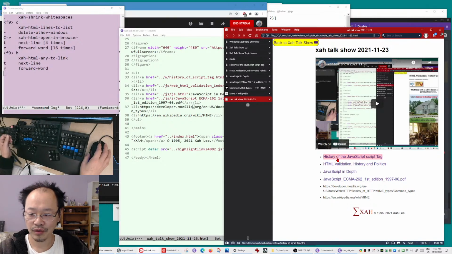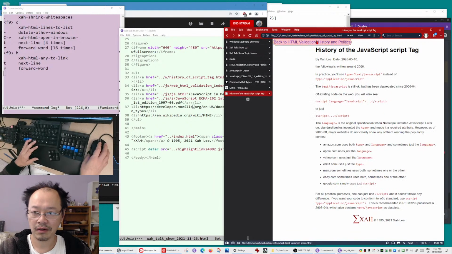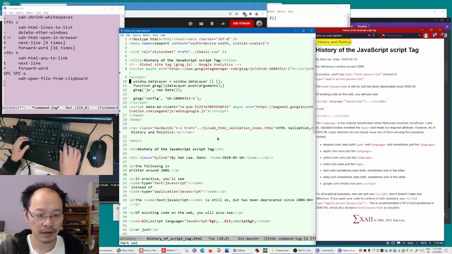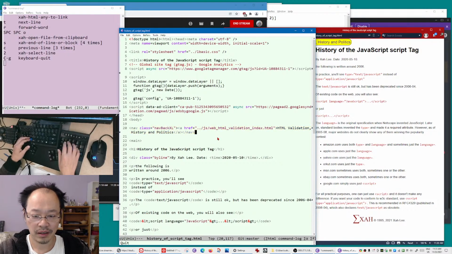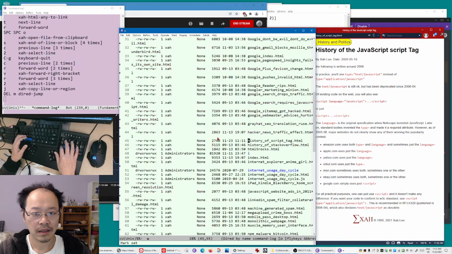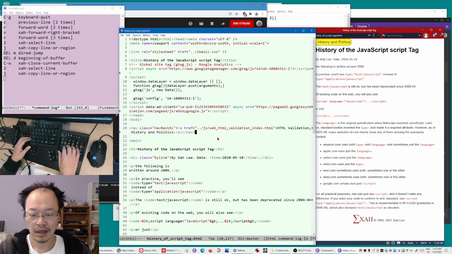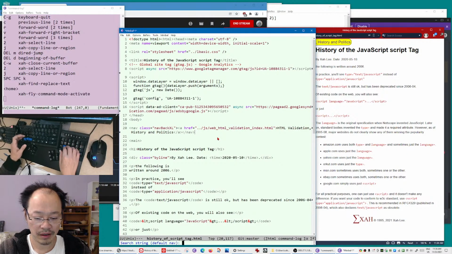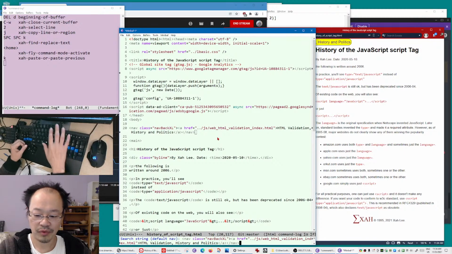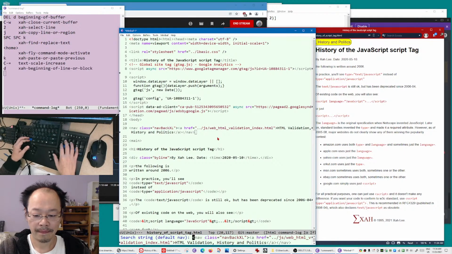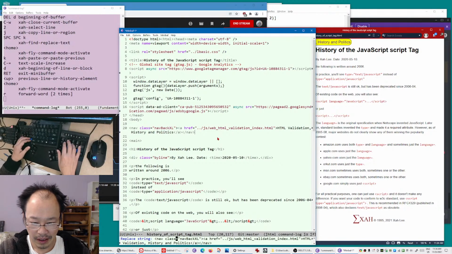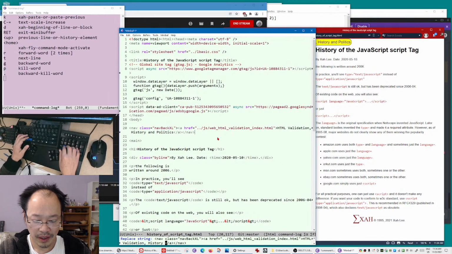Now I want to do some work. First of all, rename that. Copy that, open it. You can see the navigation bar is this one, so let's change the name. Let's see what directory this is. Now I'm going to call xah find replace text, you can see in the pink window. This is the text I want to replace, and I replace it with just Webtech History.